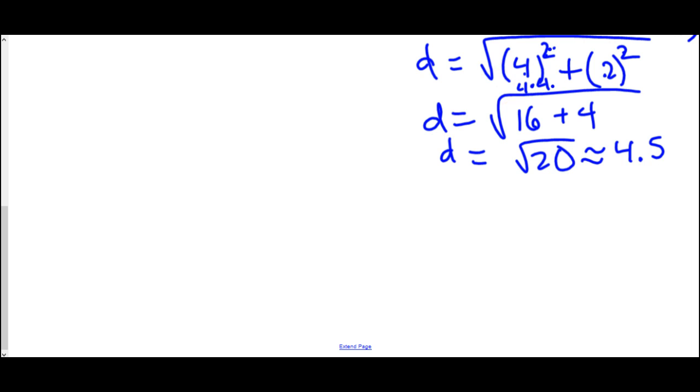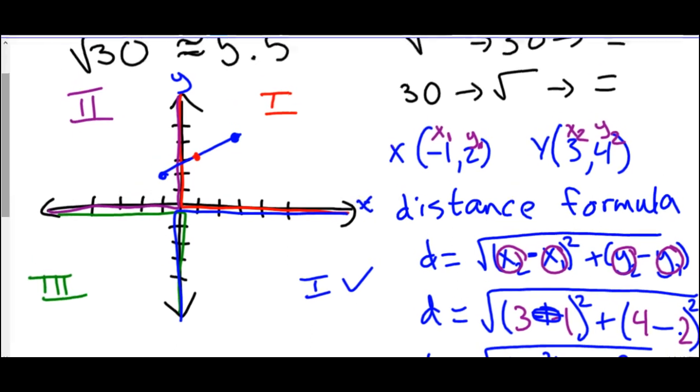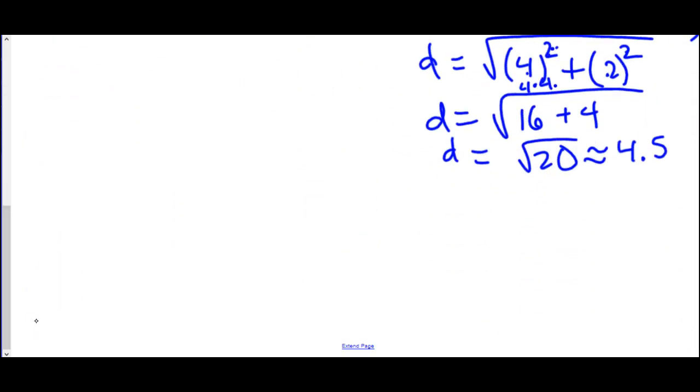So next is the midpoint formula. So distance finds the entire length of the line, while the midpoint formula is just going to find the coordinate that's halfway on the line. So the midpoint formula, sorry, I keep moving the box instead of scrolling down on accident. Midpoint formula is